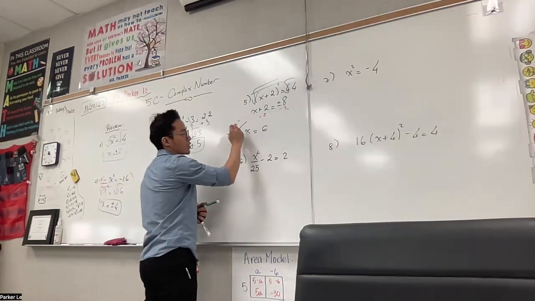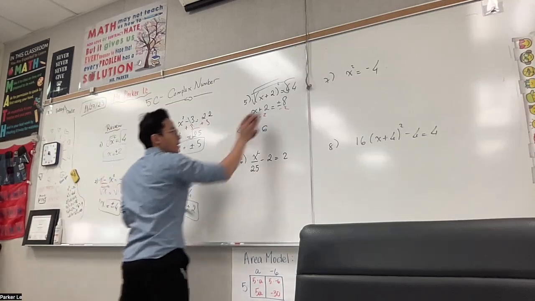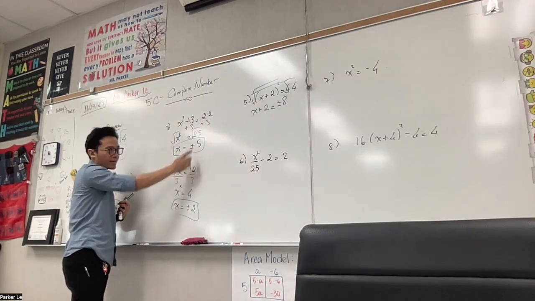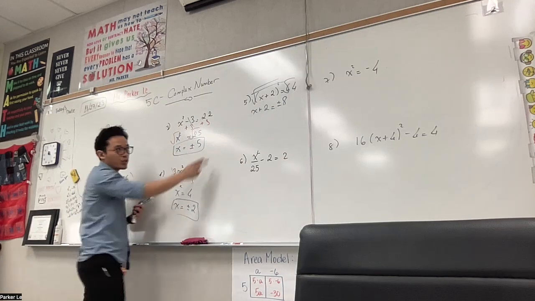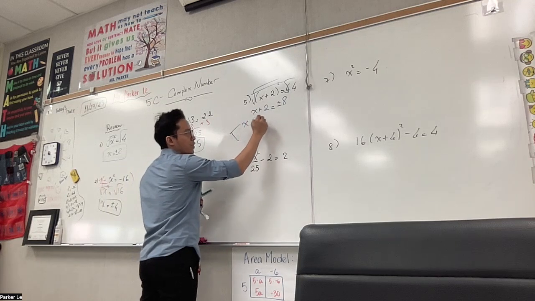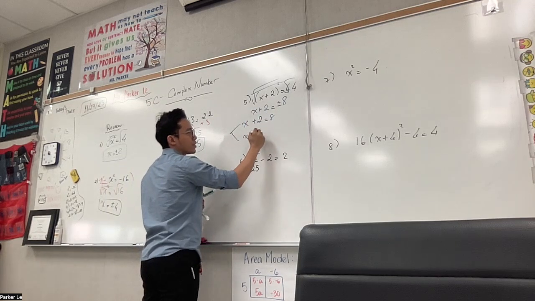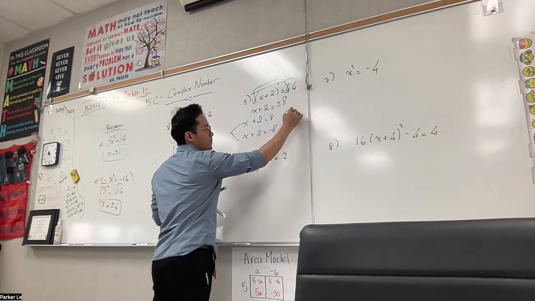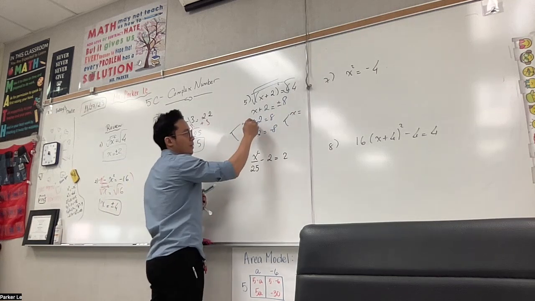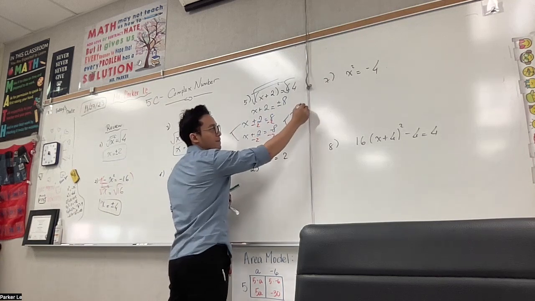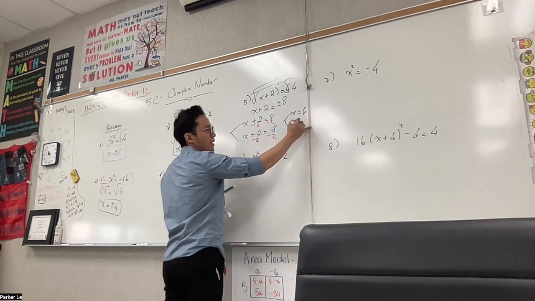Okay. There are two solutions right here. So plus and minus 8. Because they don't have the same number like this, you can't combine plus and minus. You can write out, remember this, write out two cases. So x plus 2 equal to 8 and x plus 2 equal to -8. Okay. What is the first one you have? X equal to? If you subtract 2 on both sides, I have 6. Second one is